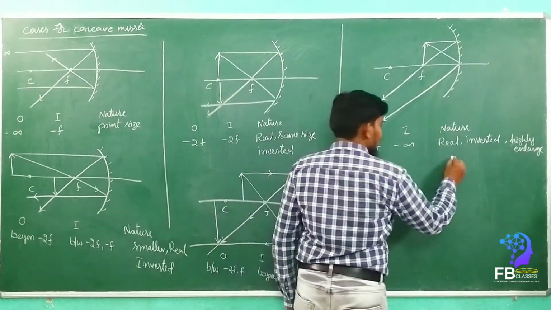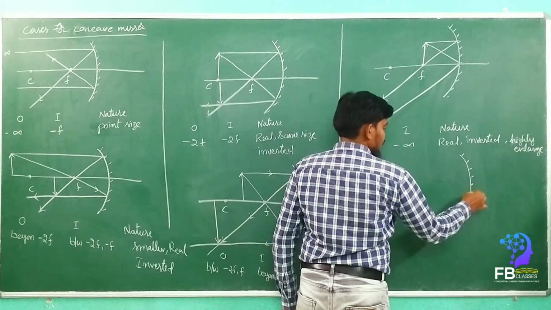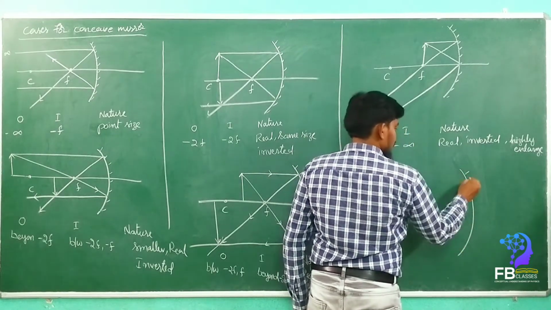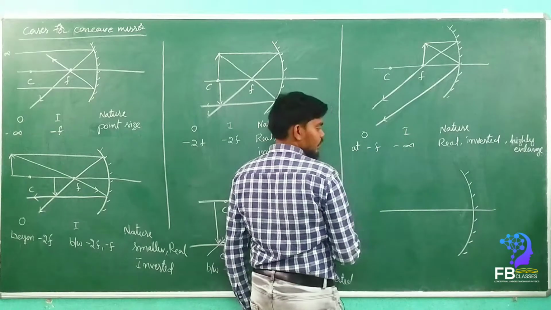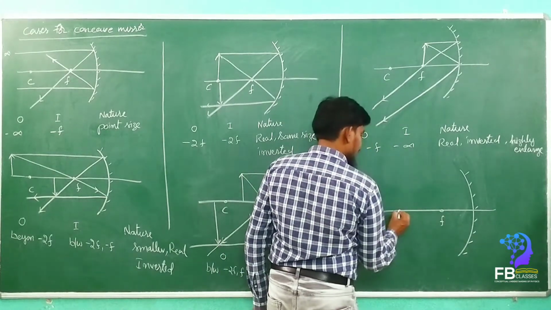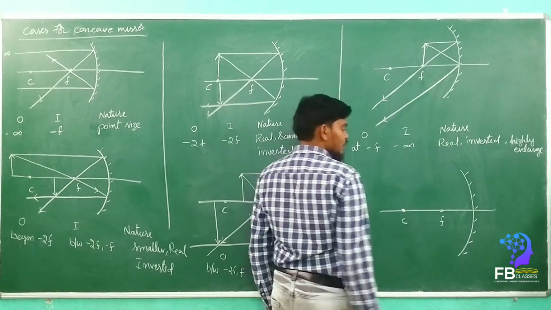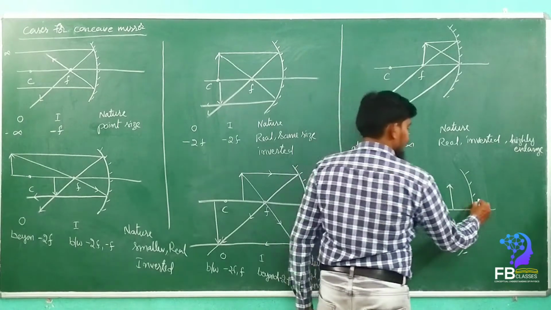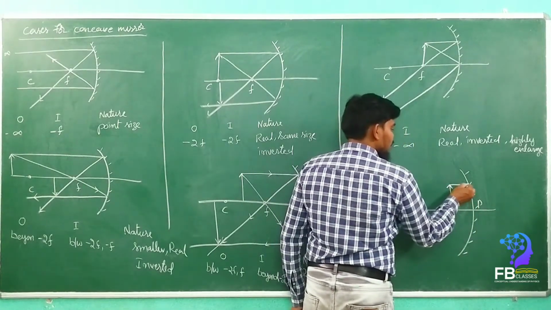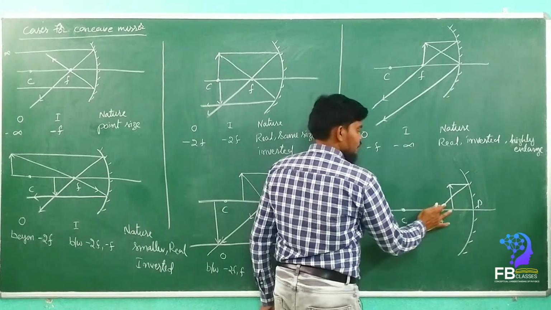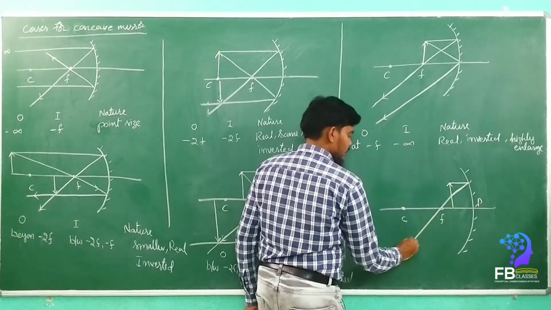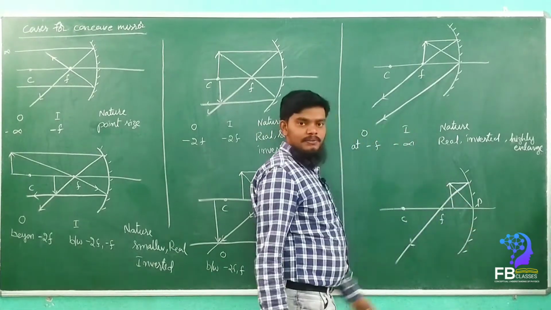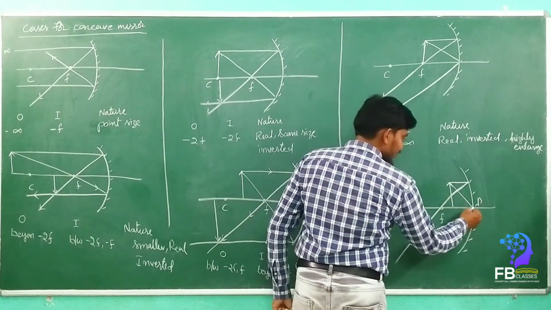Sir. So if you take another, see here. Now let me draw here. So this is the concave mirror. Now let this be the principal focus and this is the center of curvature. Now if the object is placed between F and P, when the light rays travel parallel to the principal axis, it will be reflected back passing through the principal focus. Yes or no? Another ray, see here, when the light rays travel through the pole, it will be reflected back making the same angle.